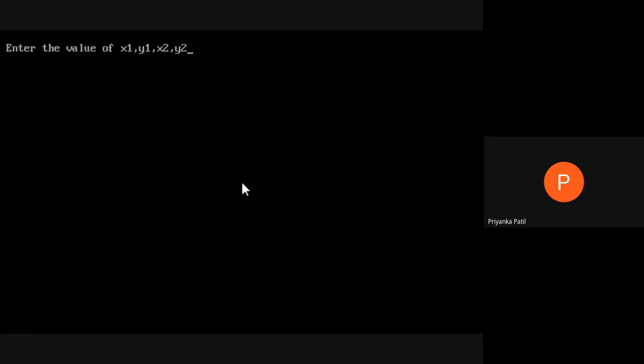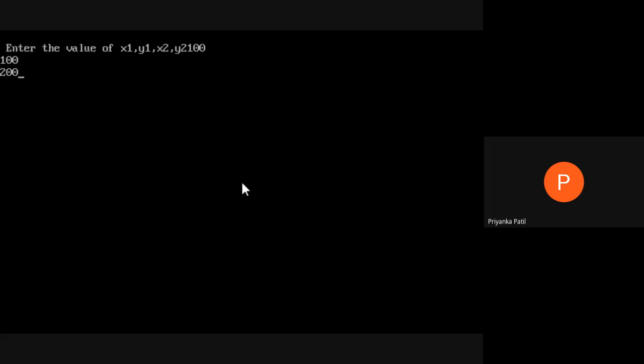Whenever we execute the program, the system displays the message, for example, enter the value of x1, y1, x2, y2. So the user enters the values. For example, we enter 100. The first 100 is the value of x1, the second 100 is the value of y1.